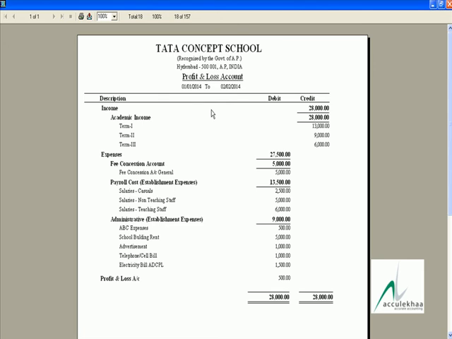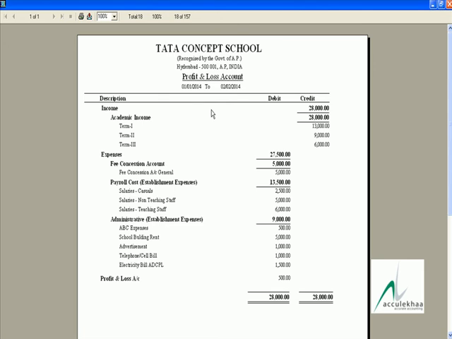And these expenses are 27,500 rupees. And this fee concession account is 5,000. Payroll cost is 13,500: casual salary 2,500, salary to non-teaching staff 5,000, salary to teaching staff 6,000. Total 13,500 is your salary expenses, or you can say the establishment expenses.